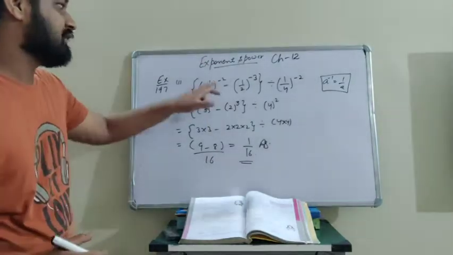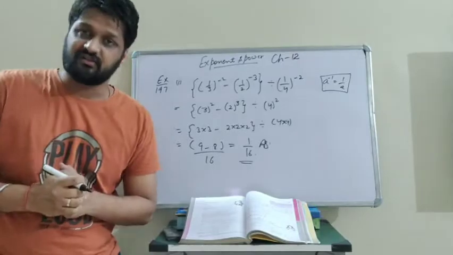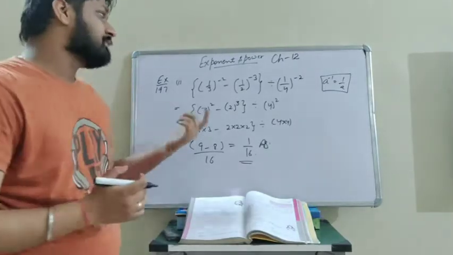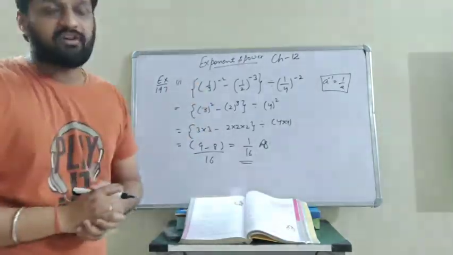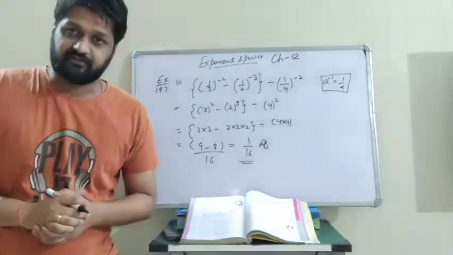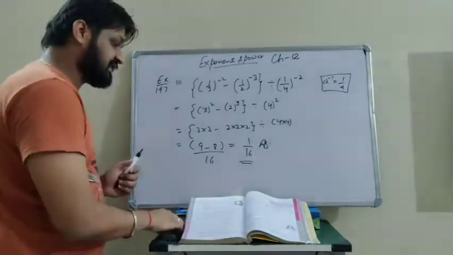See how we have done. First of all, we converted the negative exponent into a positive exponent by reciprocating the number, and then after the reciprocation we just did the simplification. Now the second part of this question is